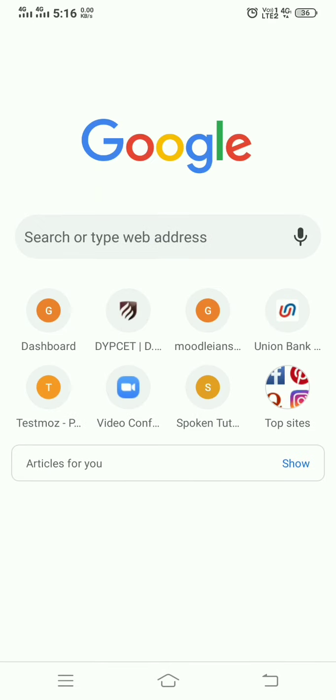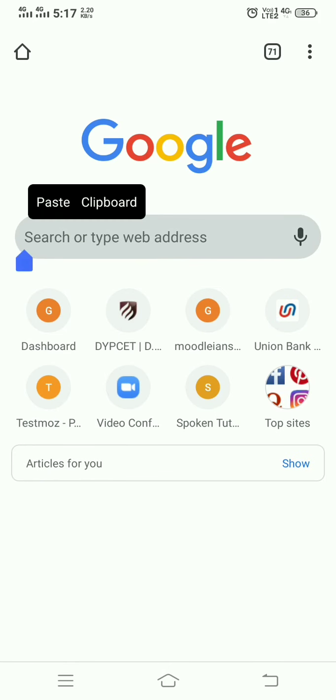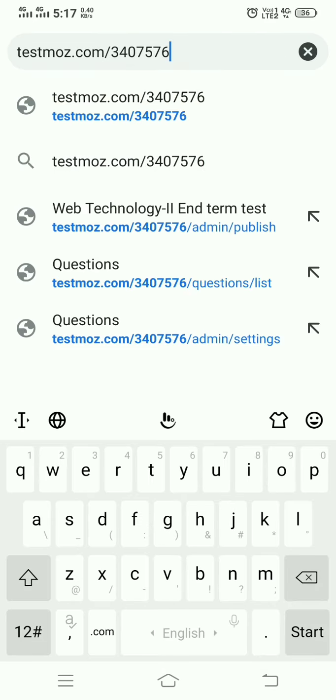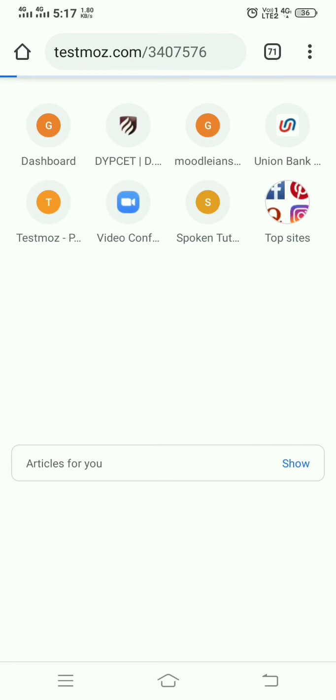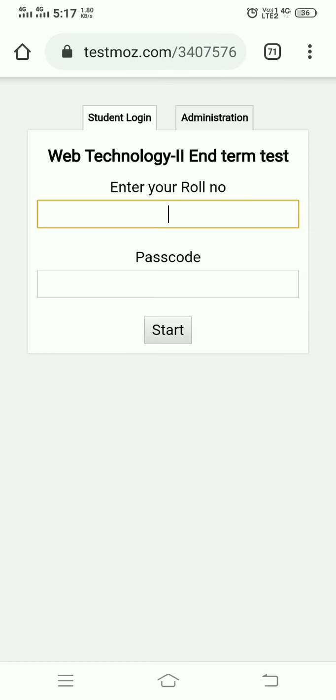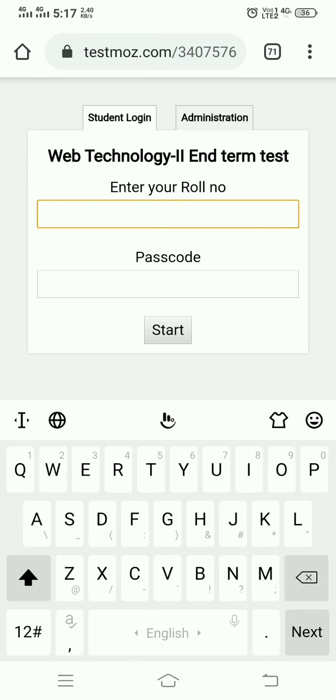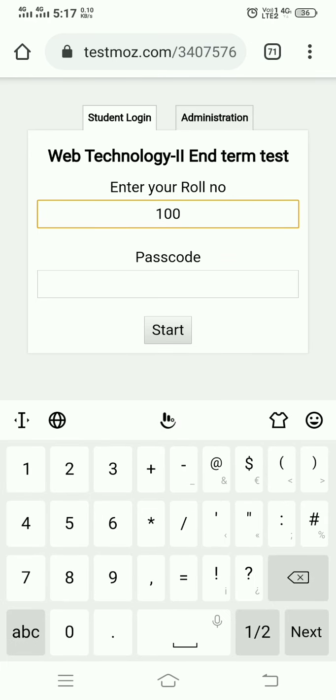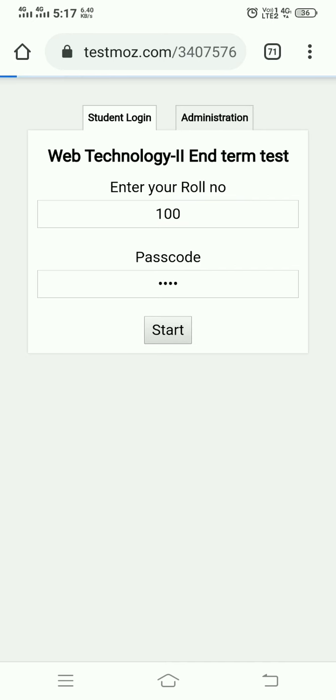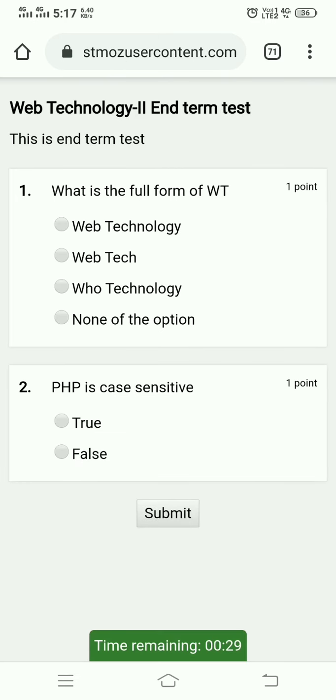Inside another window, I just paste the URL which I have copied. So just click on that and just enter the roll number. For example, I enter roll number 100, passcode 1000, and click on start, so that the student sees this particular GUI for the test.